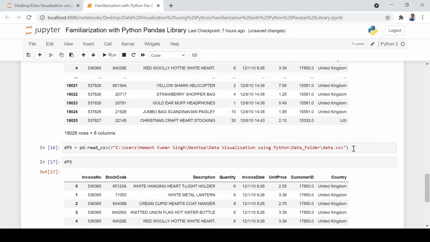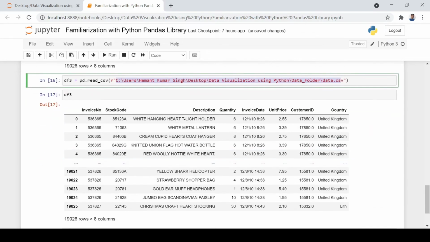Okay. But remember, for different devices, for example Windows, we use this forward slash. Sometimes in some machines, for example Linux, you can use the backward slash. So these are the differences you should notice depending upon your machine, but the format remains the same. You put the whole link address under that, and then it makes it independent. Wherever your data file is in the system, you can utilize it. So this is about reading the data from your machine wherever it is.